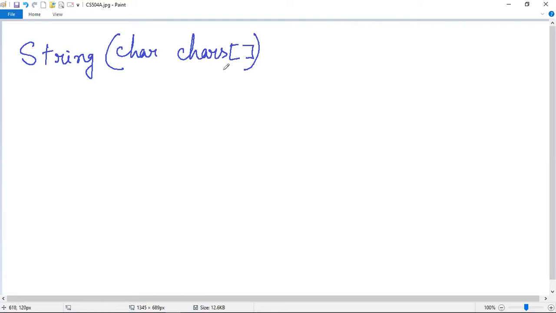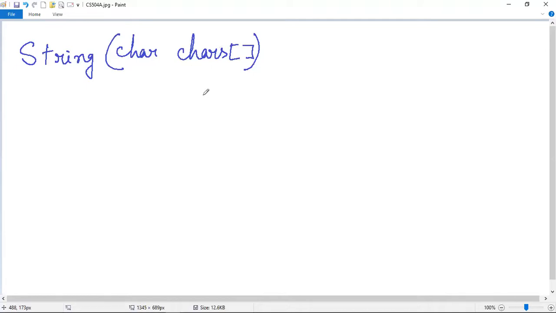This is the array name, you can give any name to it, and this is the data type of the array. That means this array will hold objects of character type. Using the values that the array contains, the string object that you create using this constructor will be initialized.